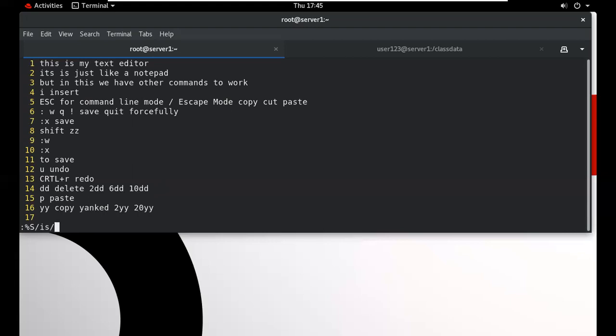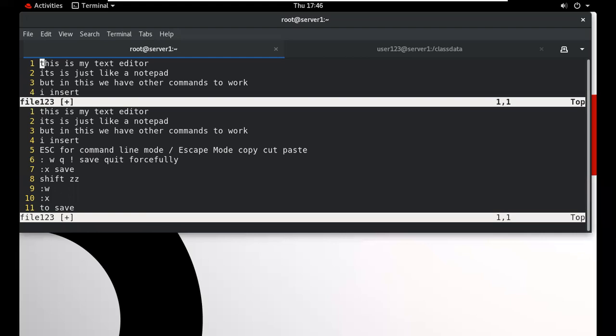In the place of "is" we want R in a capital letter, and we want to replace all the "is" with R globally. G means globally.